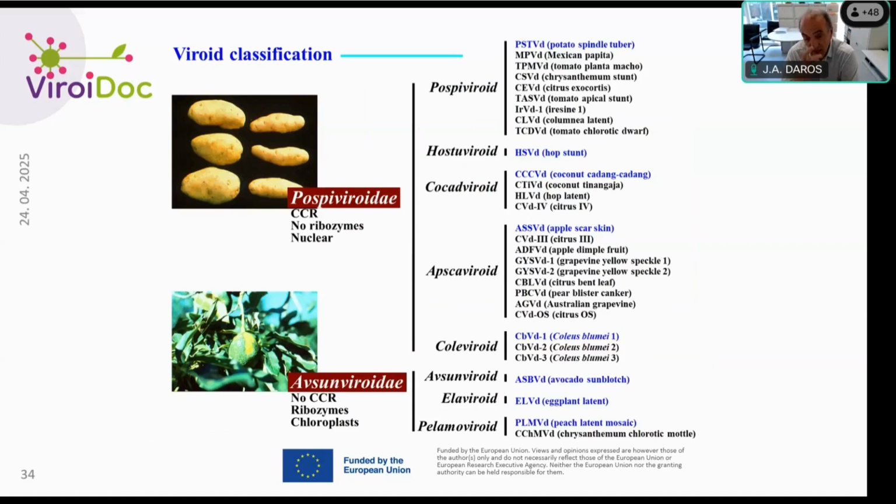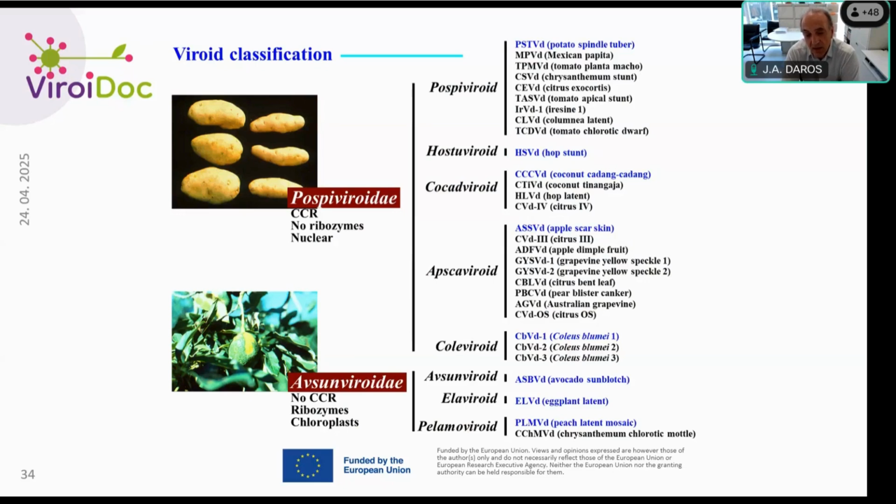During these last decades, since we have been doing research in viroids, we have defined a series of viroid species. This is again an outdated classification. There are a few more species now that are accepted. One very important issue here in the viroid classification is that, to our knowledge, we can differentiate two very different types of viroids. Those that are gathered in the family Pospiviroidae have some particular properties in the molecule, and very important, they accumulate and replicate in the nucleus of infected cells.